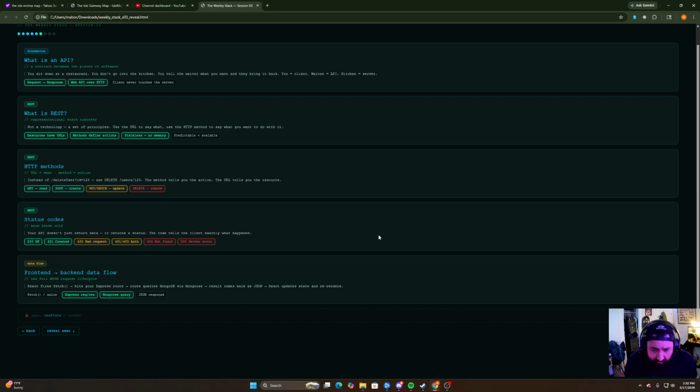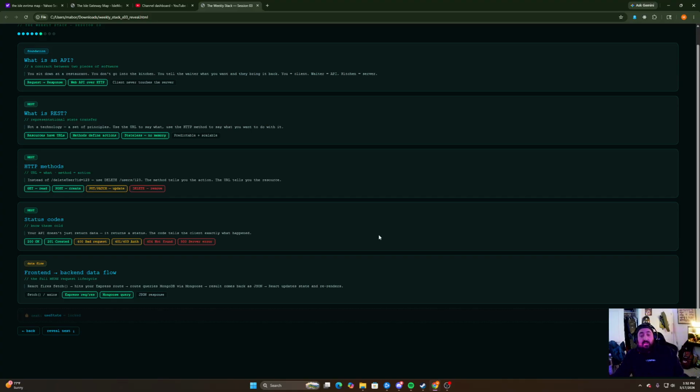Real quick, and then state management in React. So we're going to shift things back to the front end side for state management. This is a topic that I think confuses a lot of people as well because there's so many options and it's not always clear why you choose one over another. To break it down a little bit,